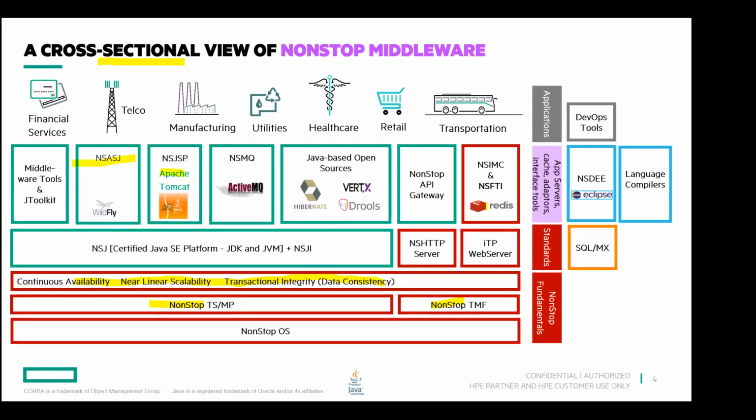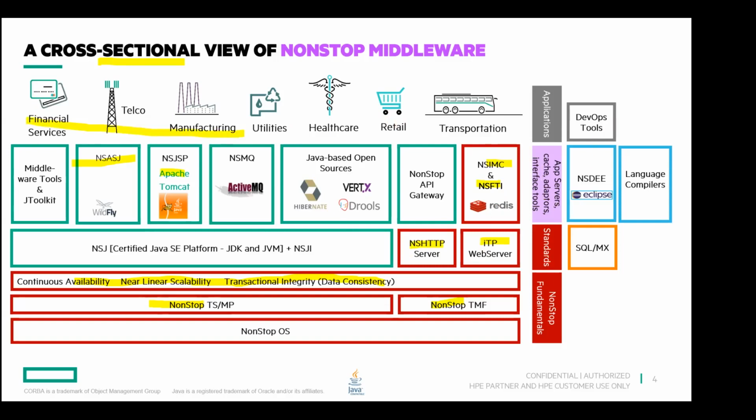Okay. So three of those middleware products, just for example, I'm showing here the in-memory cache, which allows you to share data between the applications, even in the shared-nothing architecture of NonStop, but we are not losing the fundamentals because of sharing. That's important. And then we'll talk about this. And then we have the HTTP server, the new web server, and the old iTP web server. These are all middleware products. And once we have this, the applications can be developed for any of the industry verticals. So again, the lavender color is for the middleware.